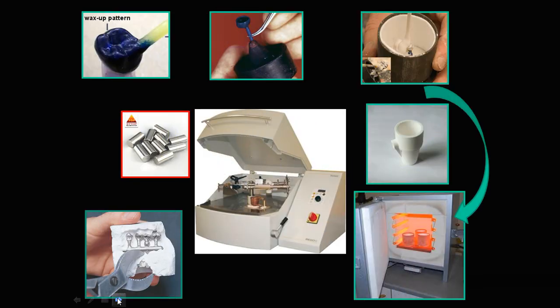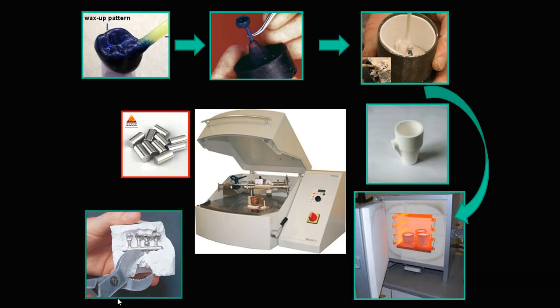Let us have a brief overview on the steps in the construction of cast restorations using the lost wax casting technique. So the first step is preparation of the waxing. Initially a wax pattern is fabricated using inlay wax or crown wax over a die of the prepared tooth. A sprue former wax is then attached to the wax pattern, and the wax pattern sprue former complex is then attached to a crucible former. This is followed by attachment of a casting ring liner, and then the investment procedure.